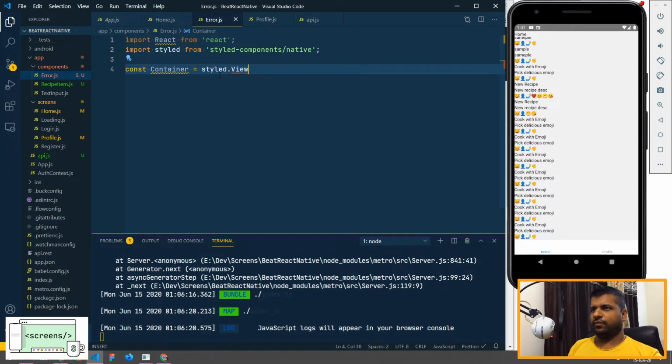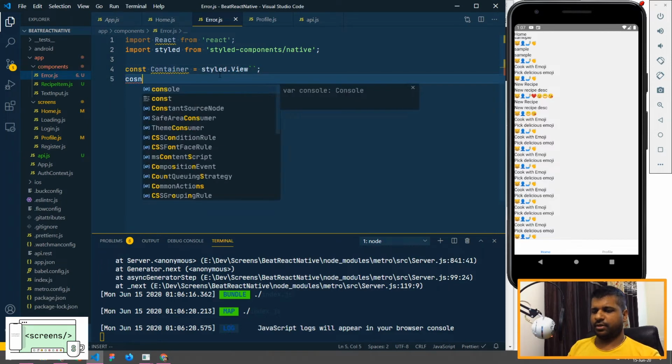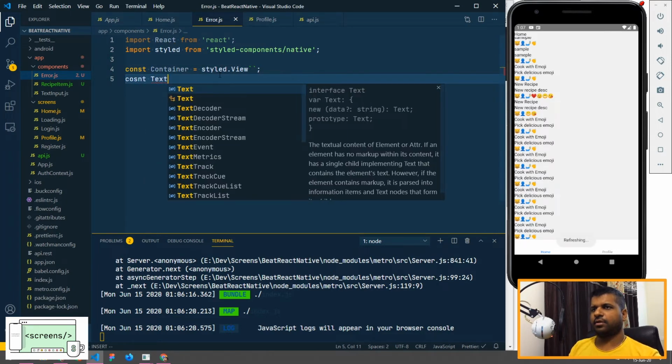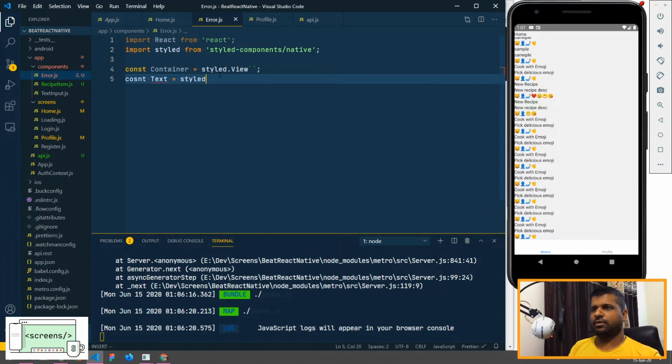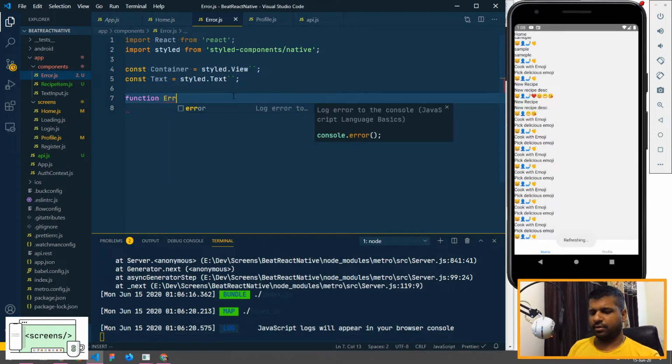So let's create a view first. Okay, then I'll have a text as usual. Yeah, we keep on misspelling constant. I don't know why. And then we'll get a function called error and props. We don't need props actually,